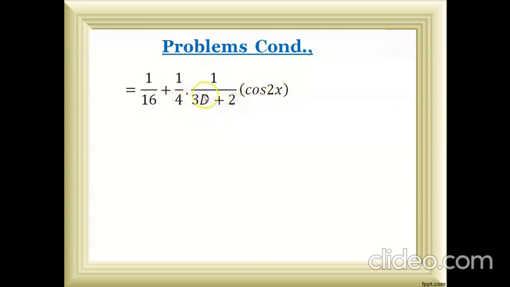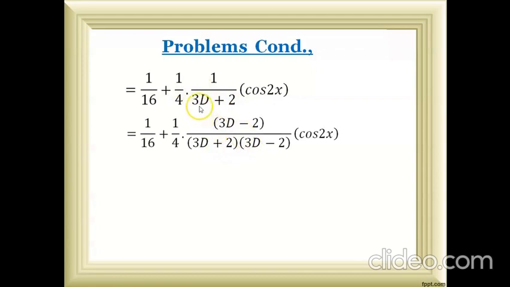Here also, we cannot continue with this d. So I am doing the conjugate multiplication to make this d into d square. The conjugate of 3d plus 2 is 3d minus 2. That's it. Otherwise, you may go for 2 minus 3d also, minus 3d plus 2. That is also a conjugate of this particular one. Anyway, I am taking here 3d minus 2.